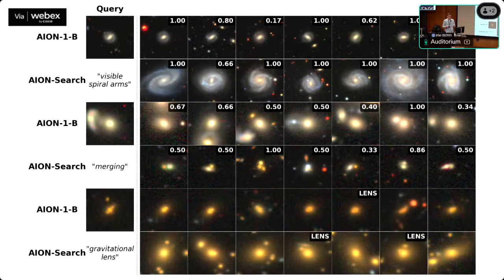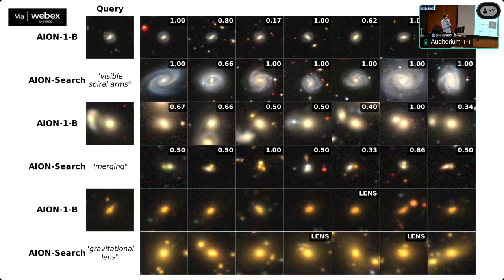But to actually get a metric for how good this search engine works, we used a benchmark where we're asking, okay, if we search "visible spiral arms" as text, let's look at the top 10 images that come up.